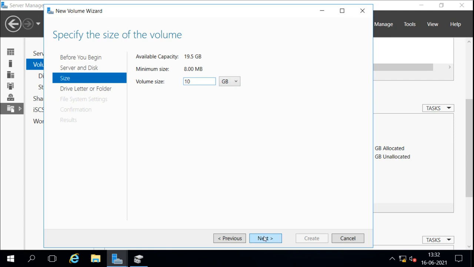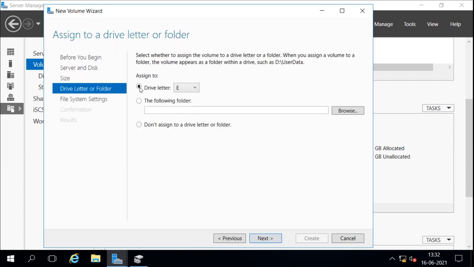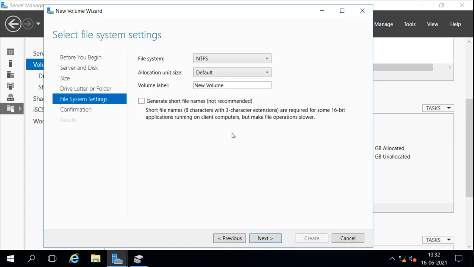And then again here it is asking for the drive letter, if you want to mount it on some other folder, or if you don't want to assign a drive letter. So I will go with the drive letter. Then what file system you want. In this you will see that there is no FAT available, because this is Server Manager, which means it is a server operating system, and in a server operating system there is no way that you should use the FAT file system.